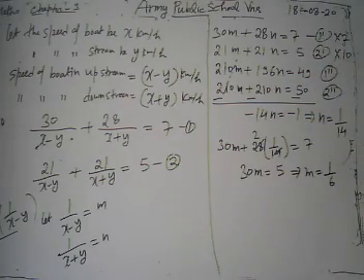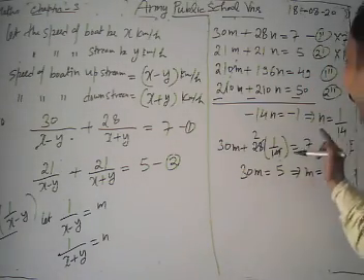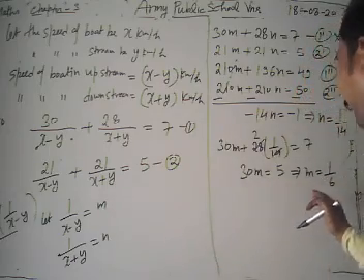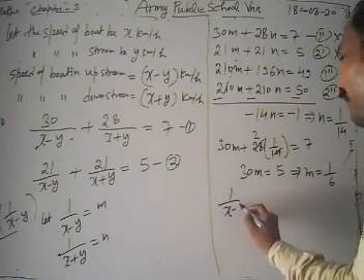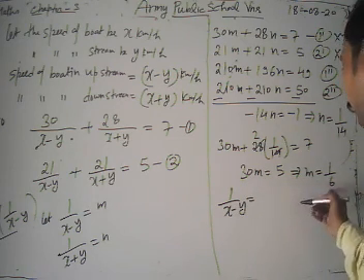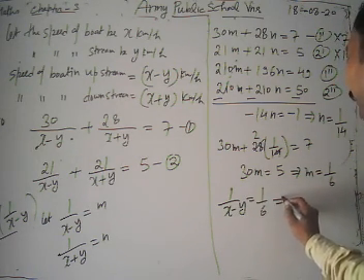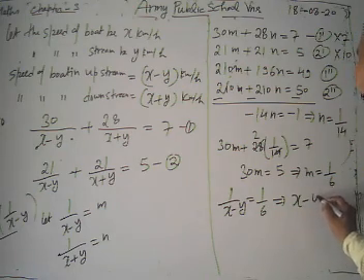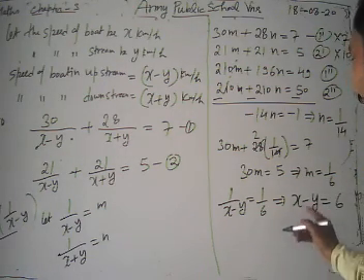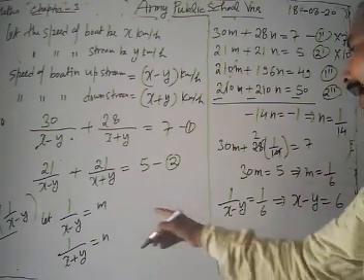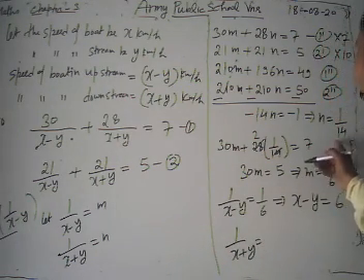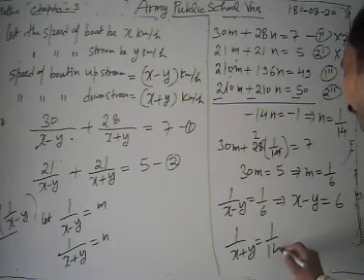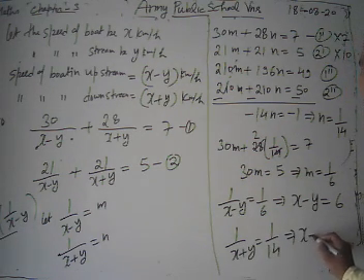Now look, we get the value of m and n, but what is our m? Our m is 1 upon x minus y, which is equal to 1 by 6. Then from here we get the value of x minus y equal to 6. What is our n? Our n is 1 upon x plus y, the value of which is 1 upon 14. Then from here we get x plus y is equal to 14.